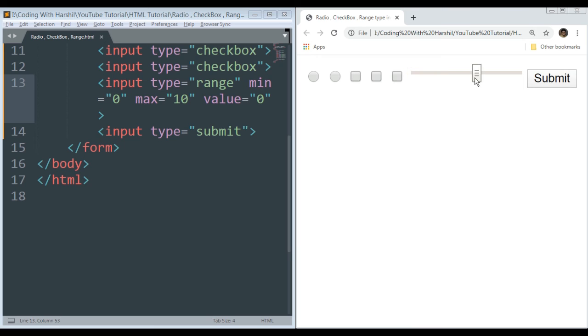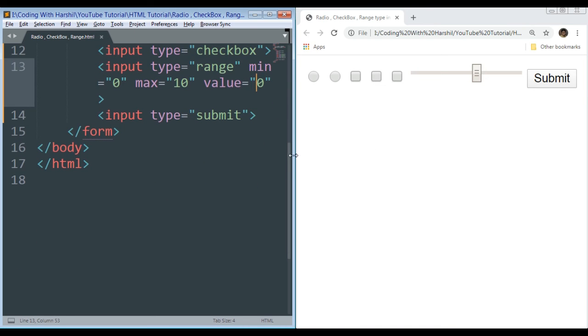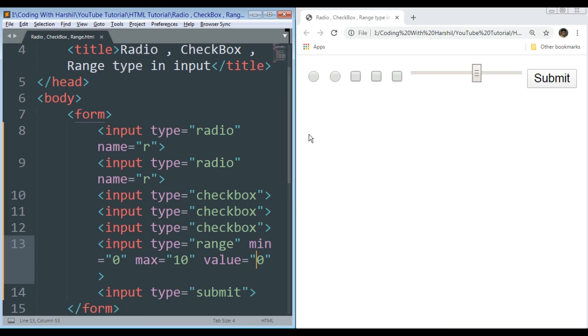Okay, and this can be used for giving ratings to our application, to our websites. And here there is the checkbox. This checkbox can be used to identify which languages a person knows, like Hindi, English, Gujarati, or any other languages.